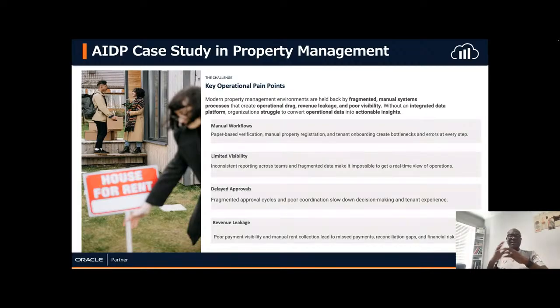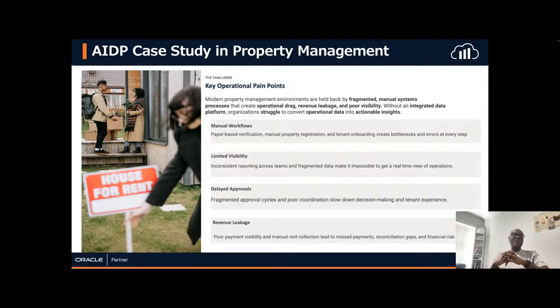Again, delayed approval that led to weeks, even months, of delay. This caused real headaches and meant the organization could not do things on the fly. Fragmented approval cycles and poor coordination led to slow decision making and a very uncomfortable user experience for tenants as well.